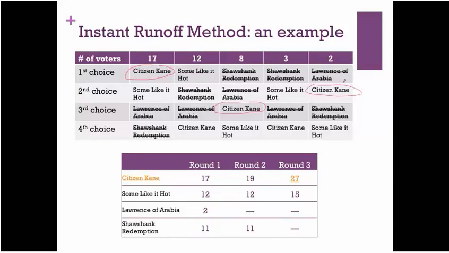In any case, what happened? In round 3, suddenly somebody did achieve a majority. It was Citizen Kane. So Citizen Kane is declared the winner. I want you to note that even though this was based on exactly the same preference schedule, the result did not come out the same as under the Borda count method. The Borda count method declared Some Like It Hot to be the winner, whereas this instant runoff declared Citizen Kane